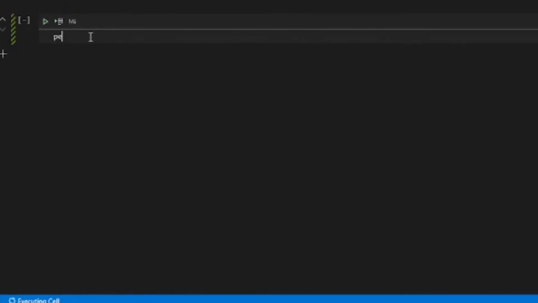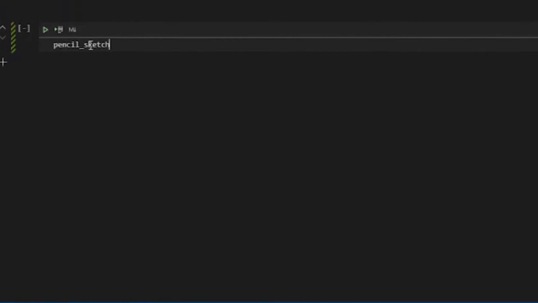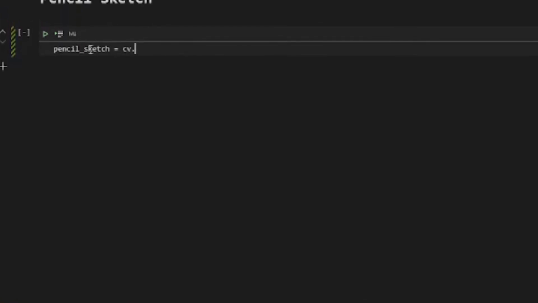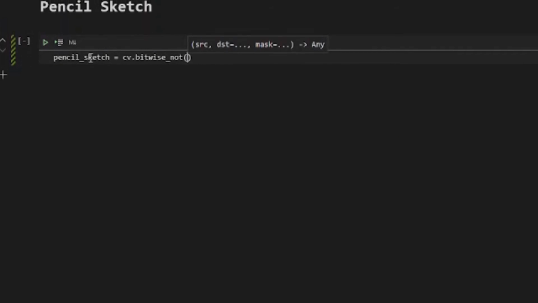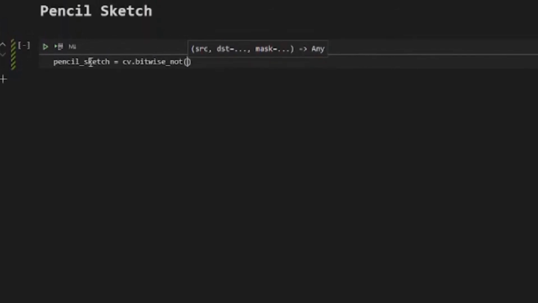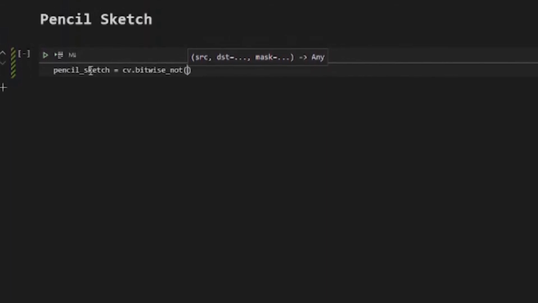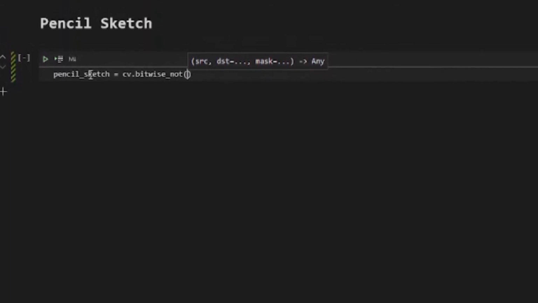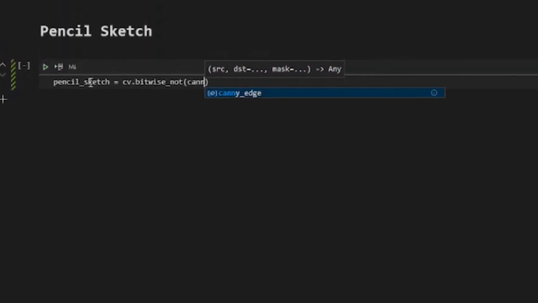Pencil sketch equal to cv.bitwise_not. I'm just changing this image, like all the zeros should be 1 and all the 1s should be 0. That's all. My gray image, no, sorry, not gray image, my Canny edge detection edge,